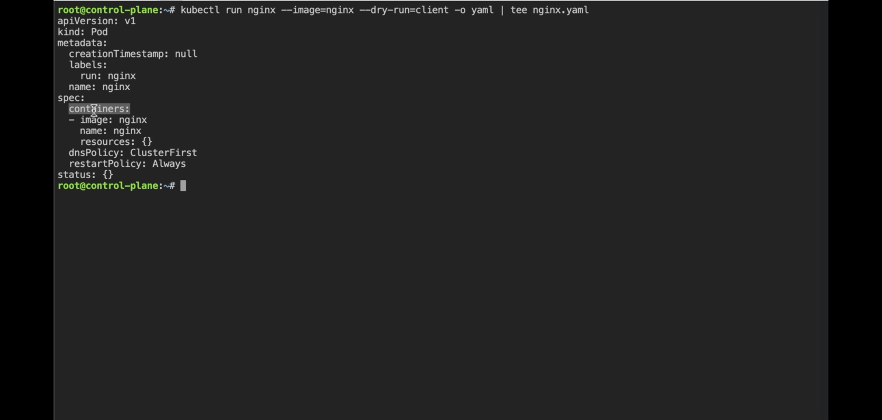We have containers. Basically, what is the container that you are using? We have a container image, and the name of the image is nginx, and the DNS policy is ClusterFirst. Restart policy is Always. Now, what is this restart policy? Why do we need this restart policy? If you wish to know more about this particular section of the Kubernetes YAML, you can use the kubectl explain command